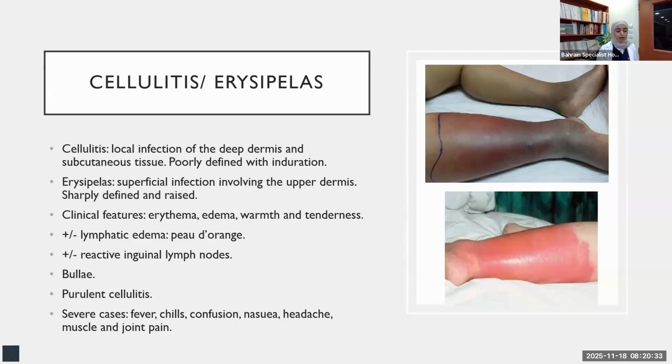It could present as bulla. Purulent cellulitis could happen as well. In severe cases or in patients who are immunocompromised, they could present with fever, chills, confusion, nausea, headache, muscle, and